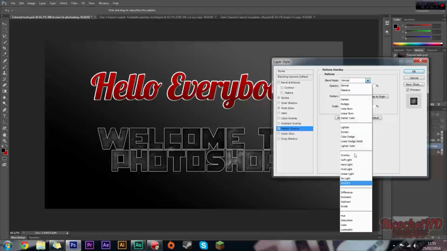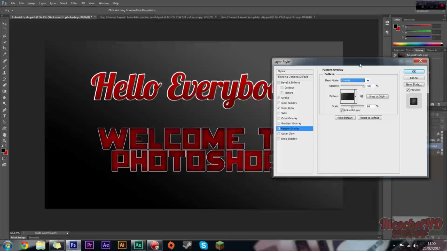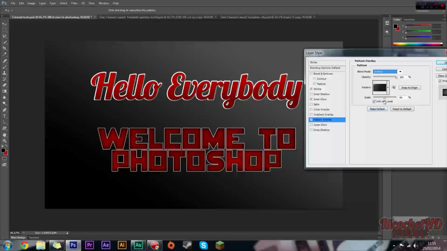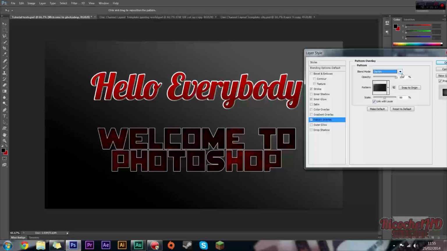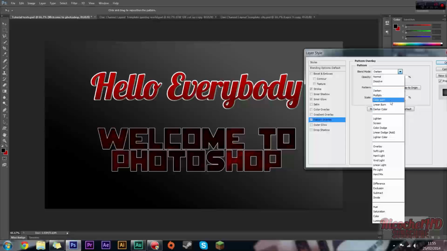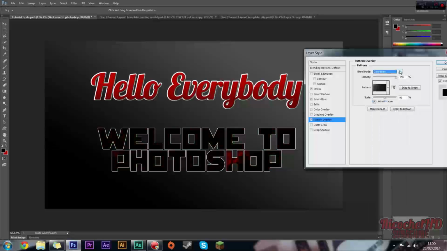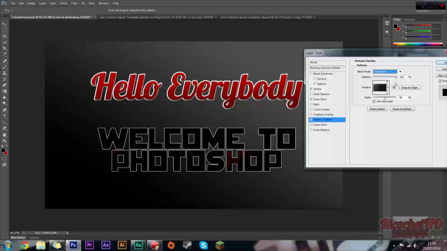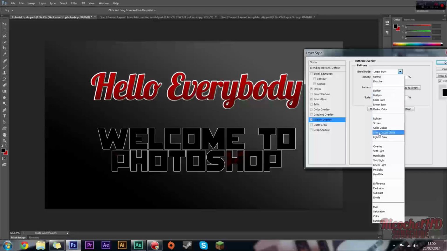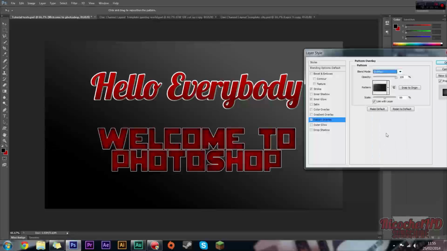And now we're going to mess around with these. So we're going to go to the overlay. Now you see, you can't really see that at the moment because it's only meant to be coming out in the black. There's not really much we can do with the opacity, so you can change it to lighten, maybe, or darken. That's quite nice, actually. I might use it. Color burn, kind of spooky, a little bit like blood. I think that looks good. Linear burn. You've got all sorts of different effects here, but we are going to stick with overlay